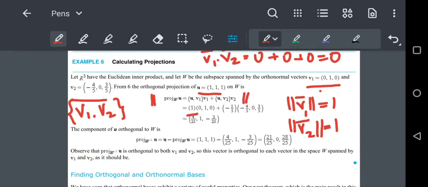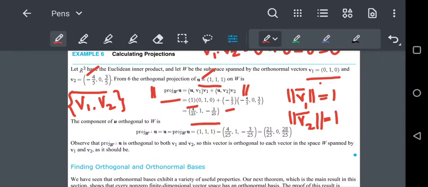Similarly, when you take the inner product between u and v2, you get minus 4 by 5 plus 3 by 5, which is minus 1 by 5. That is what is written here. Hereafter you have the normal scalar multiplication and addition of two vectors, so we get the answer like this. Similarly, if the projection of u under w is known, then we can calculate the projection of u under w perp, which is u minus projection of u under w. So simply we can subtract these two vectors and write